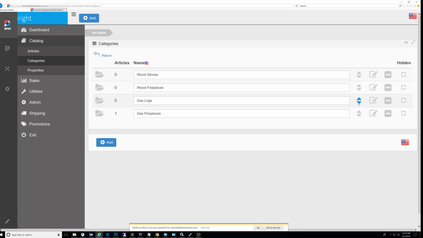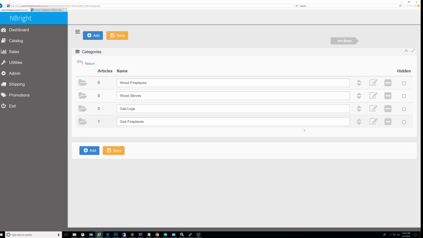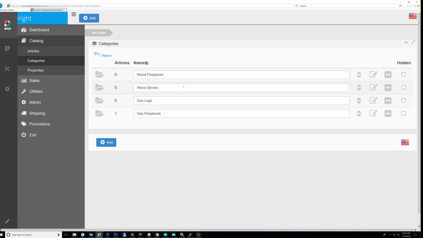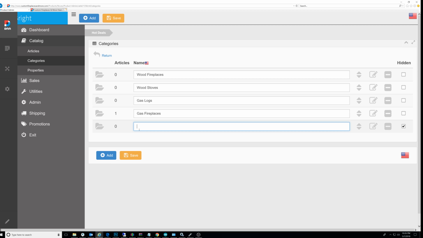If you wanted to rearrange these, you go over here to the little arrows, click it, and just click where you want it to go. So let's say we wanted to swap wood fireplaces and wood stoves. That is as easy as it was. You can hide a category altogether just by clicking the hidden button. You can also add a new category here, and let's call it